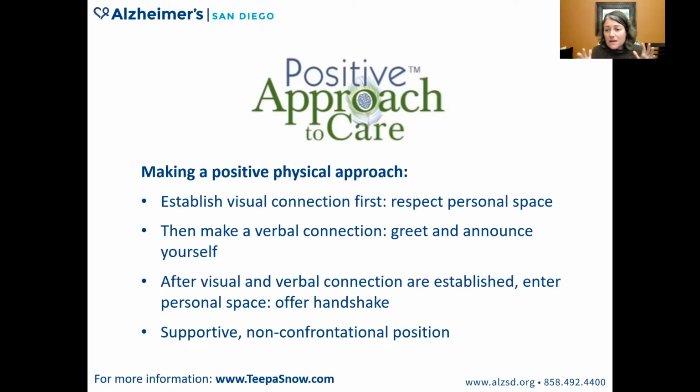This is a method that is called hand under hand, far more detailed than we can get into in this program here today, but a very positive way to get somebody's kind of consent and permission. Extend a hand, they extend their hand, and now you've made physical contact and you can come into their personal space to do something like help them get a medicine into their mouth, or sit closely enough, physically closely enough